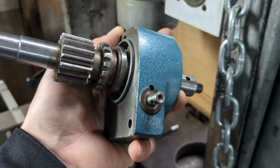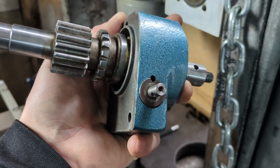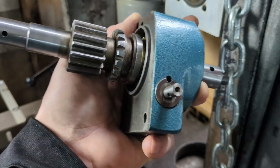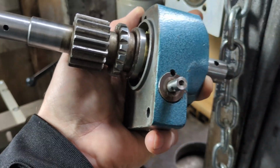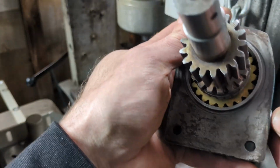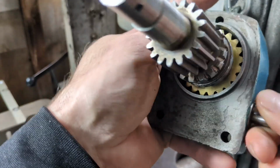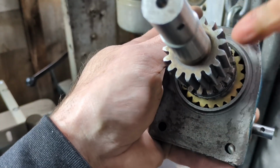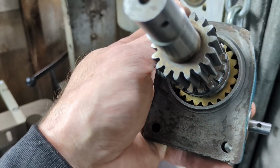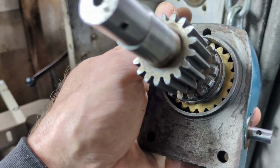Based upon some really good comments from a guy named Eddie the Grouch in my last video, I believe my next step is to remove this fine feed screw. So this is like a screw gear in here. I don't know that you can really see it, but when you turn this screw, it causes the brass gear in there to turn, and therefore the whole shaft to turn. So we're going to try to push this thing out with